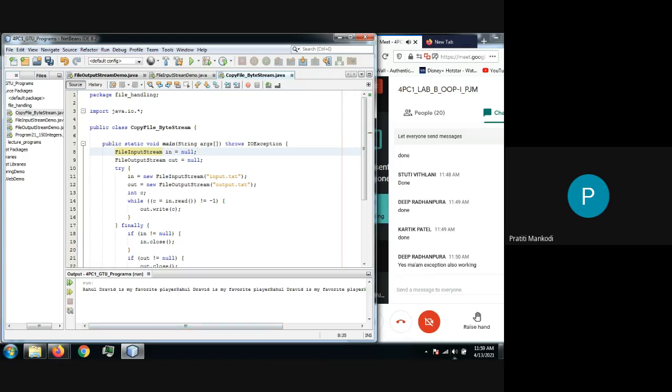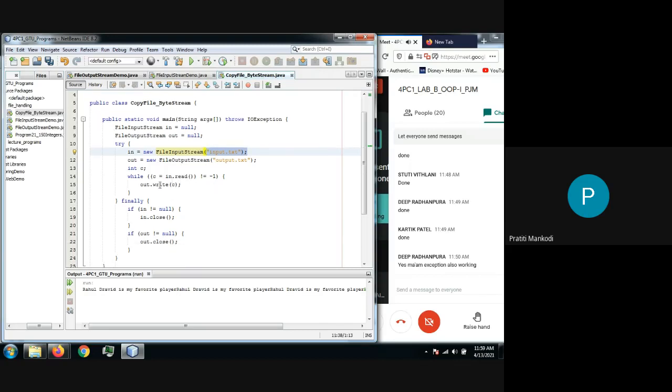Just open the file. As I've already told you, when you want to do two operations, you need two streams, because one stream can only do one thing. Right? So what we are doing, we are using the input.txt file, which we are opening in read mode. From that input.txt we are reading the content, and then in the output.txt we are writing the content, we are copying the content into it. Now as this input.txt is opened in read mode, it has to be there beforehand, right? So we are just reading it and then writing it. It is as simple as that.